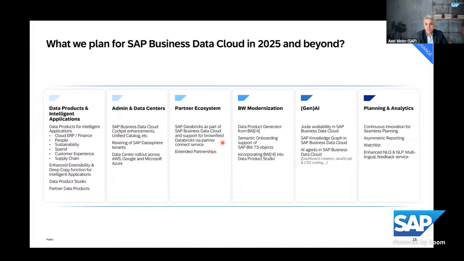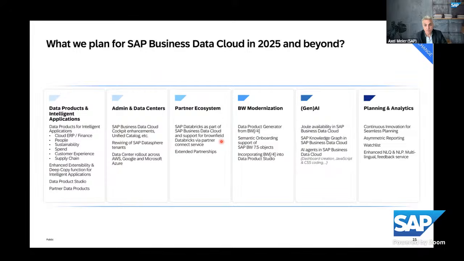So this gets you into a situation, if you're an existing Databricks customer, we talk about a brownfield Databricks environment. We give you the ability to have your existing brownfield Databricks also access the data products, similar to the SAP Databricks variant I showed on the previous slides. That's a service we're going to provide by Q3. And again, it's a way to access your existing Databricks now with SAP data products, including the custom